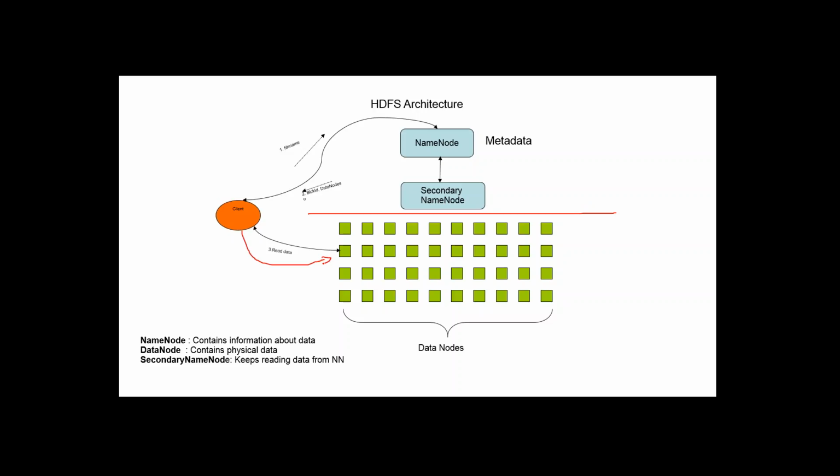Just one question here: can the data nodes be different kinds of databases? There's nothing like that. You have to overcome the concept you've been reading till now. There's nothing like a database over here. All you're storing is a file system. All your data is lying in file systems. There are no relational databases here. It's all a file system based thing.